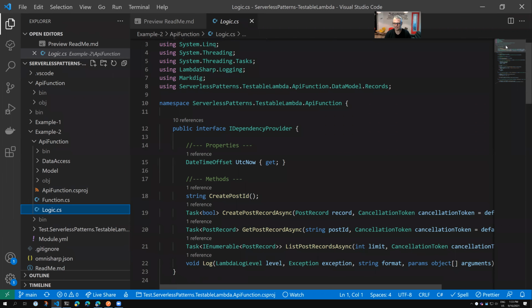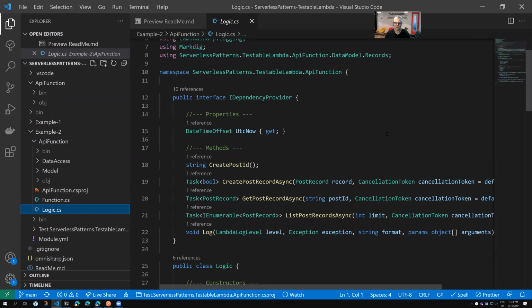It's pretty simple, and again, almost trivial in this case. We're adding quite a bit of code craft to make it more testable. But in a real world scenario, your business logic file is considerably more complex than what I have here. So the dependencies identified by this particular implementation are, we need to be able to access the current time so